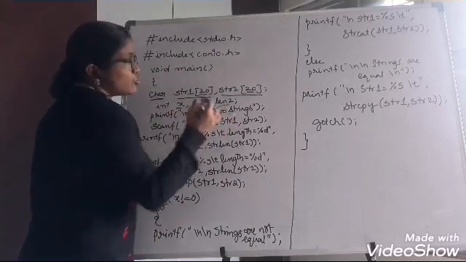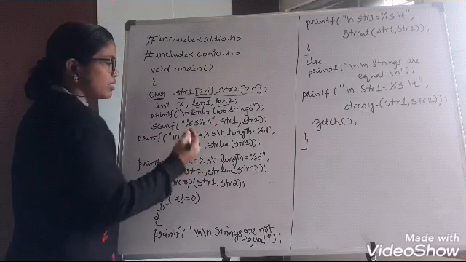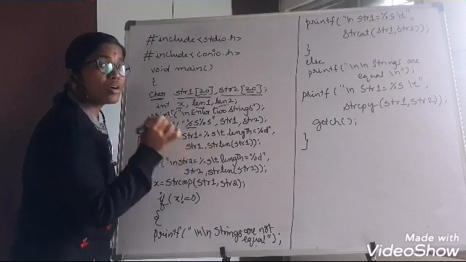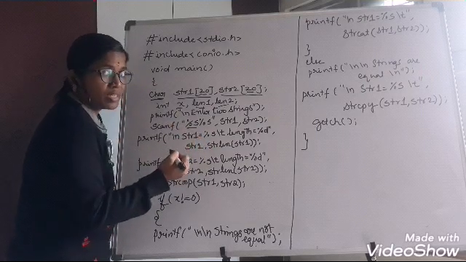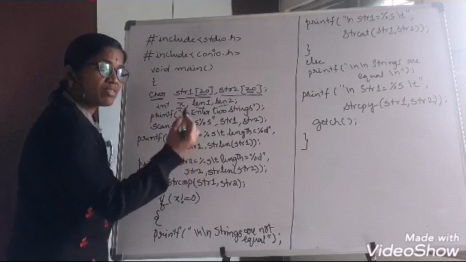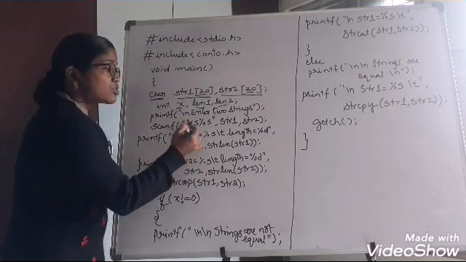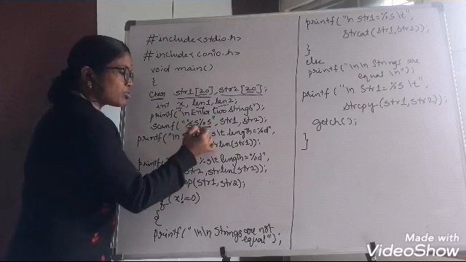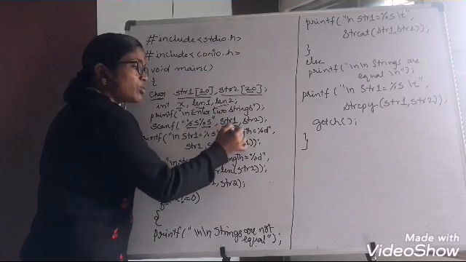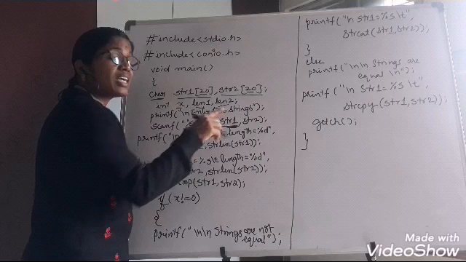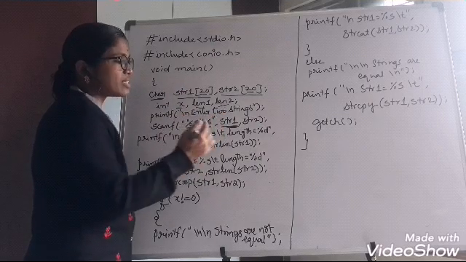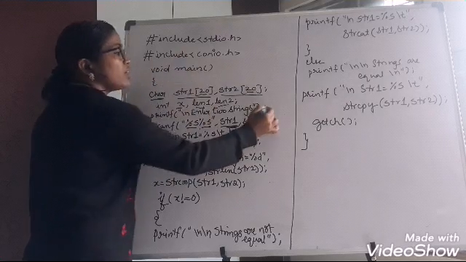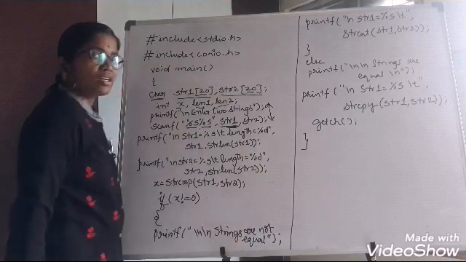Next, enter the two strings. I want two strings to be entered. Here you see something different: this is called a format specifier for string. We use %d for integer, %c for character, whereas %s is used for taking the string. And remember, we don't require the address-of symbol as it is an array. As we are reading into arrays, string 1 and string 2 do not require any address-of symbols. So with these two statements, I am reading the two strings.